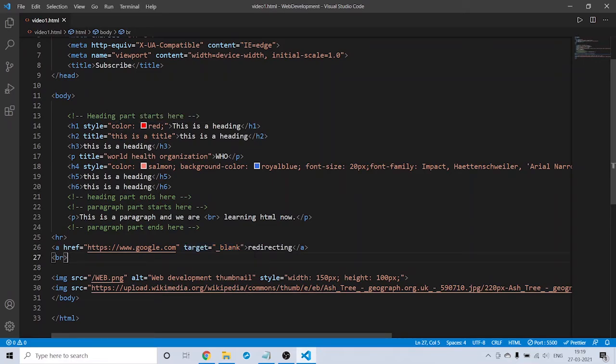So if you don't understand this, there's no problem at all. After learning HTML, we'll be making a website which is just made up of HTML, no CSS, no JavaScript. We'll be just making the structure of the website where you can learn this HTML much more deeply. We'll be making a resume kind of thing.